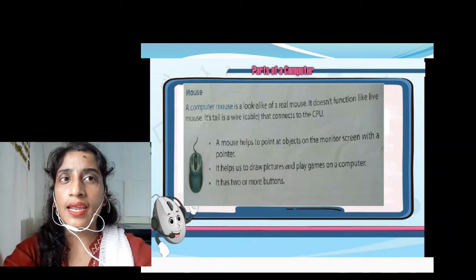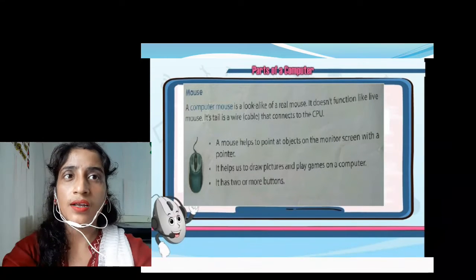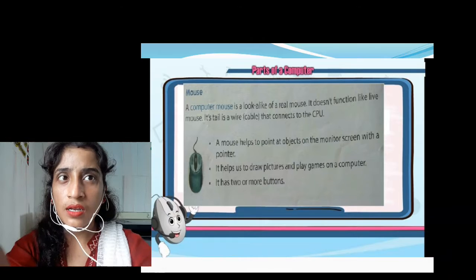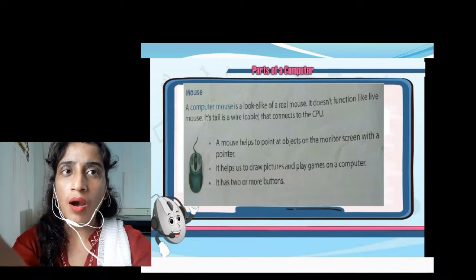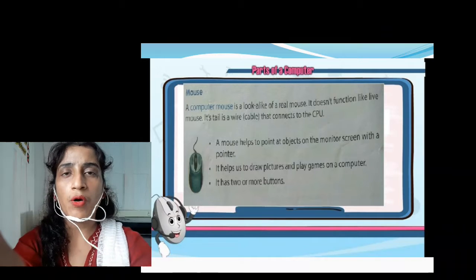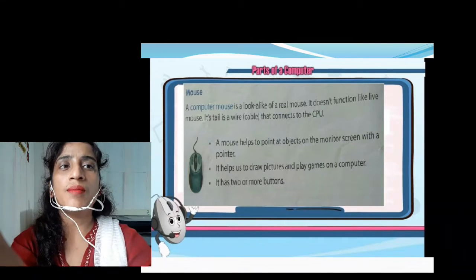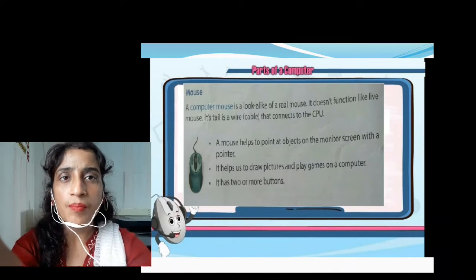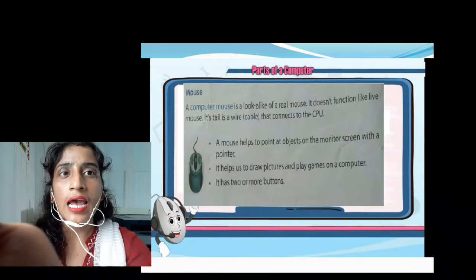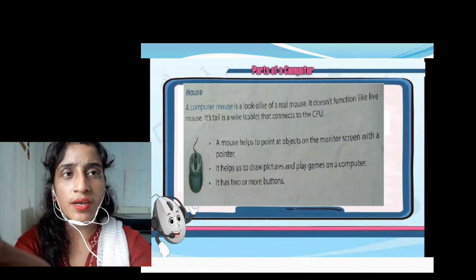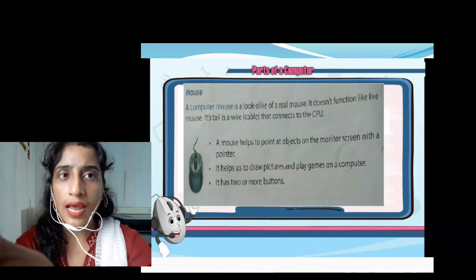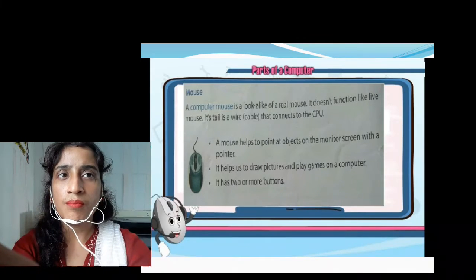Its tail is a wire, that is the cable that connects to the CPU. A mouse helps to point at objects on the monitor with a pointer. It helps us to draw pictures and play games on a computer. It has two or more buttons.